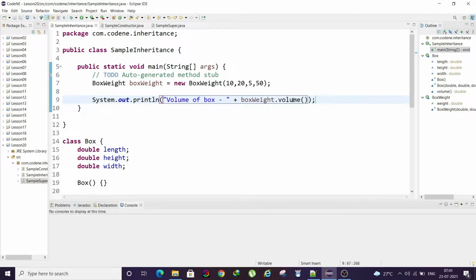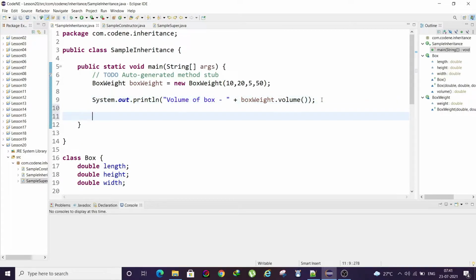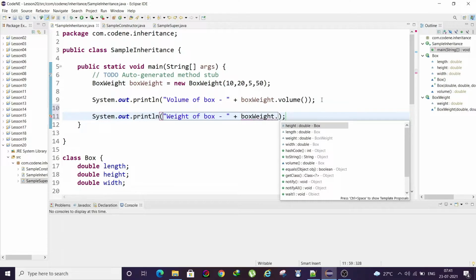See, there is no error. We are successfully able to call this because, as I said, it inherited the method as well. And then we'll see weight of box, it will have its own properties, right? As I said, parent properties plus its own properties.